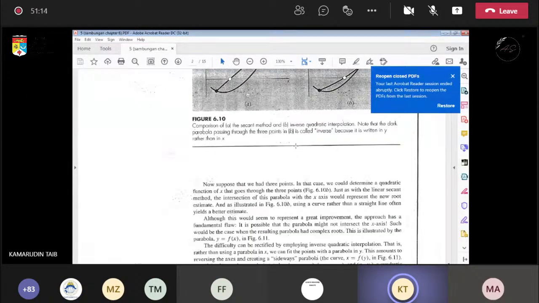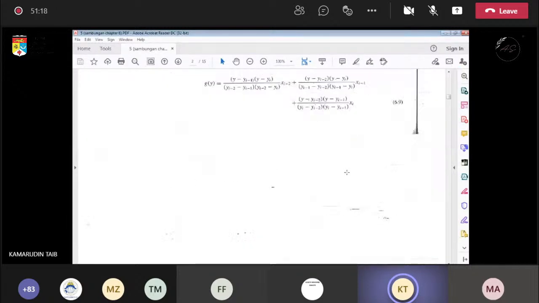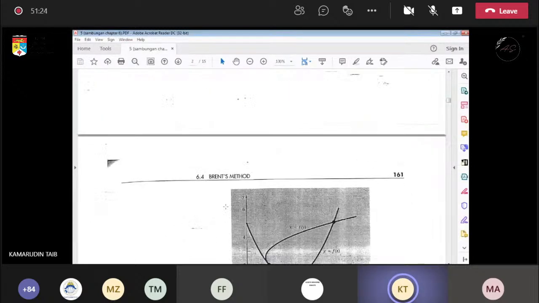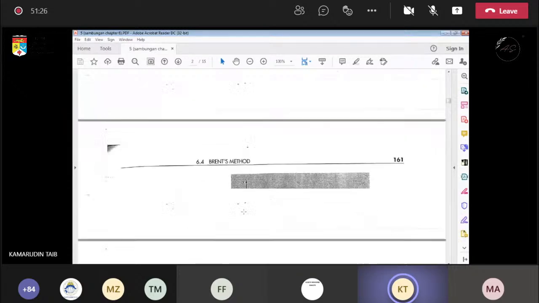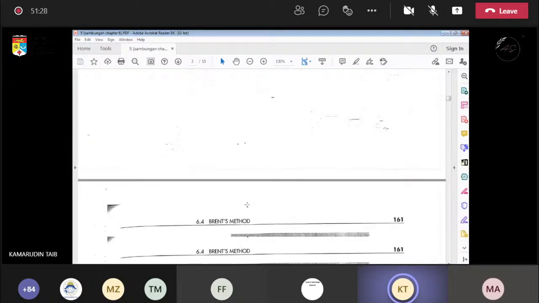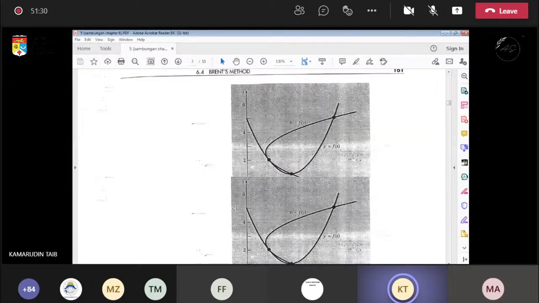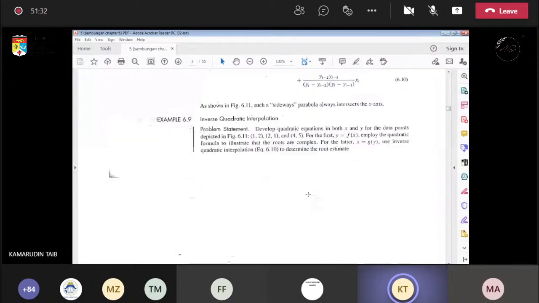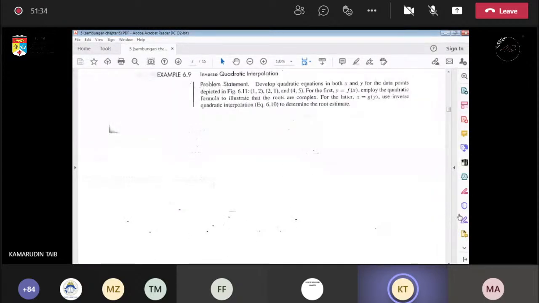Okay, nampak kat screen open method sekarang. Dia macam dia banyak sangat buka serentak. Okay, Brent's method which is not part of the scope 6.4 ni. Okay, so you can ignore this topic, Brent's method. Then